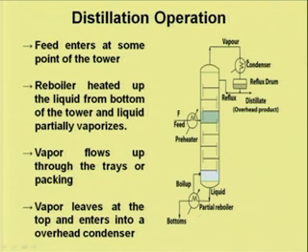There is a reboiler at the bottom of the tower which boils the liquid, or vaporizes the liquid partially, and then the vapor flows up. So, this vapor goes up, and then vapor leaves at the top,